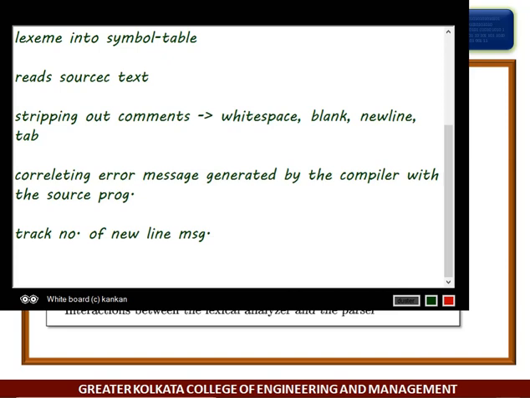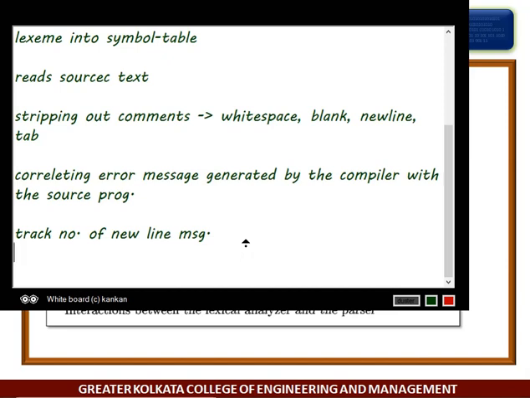That means the compiler is now ready to execute and has to find the proper syntactical message related to that.